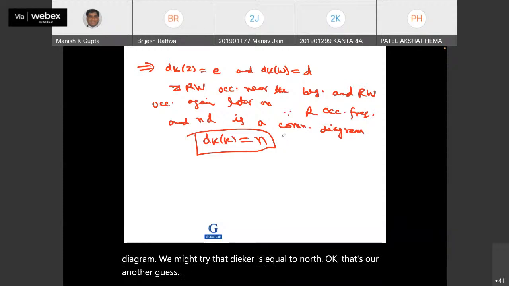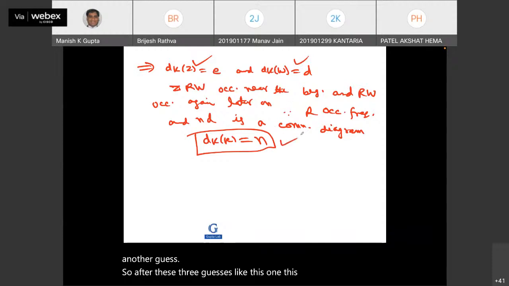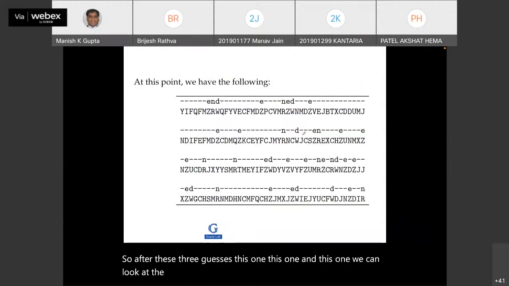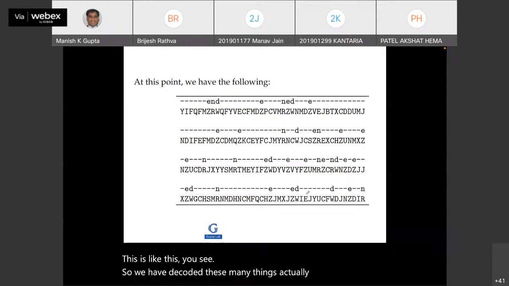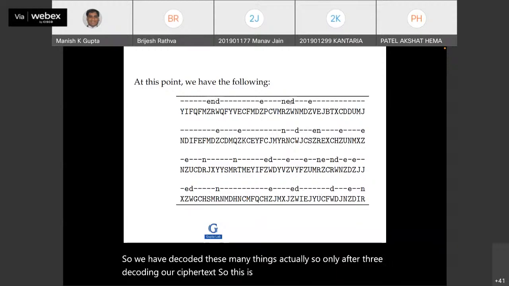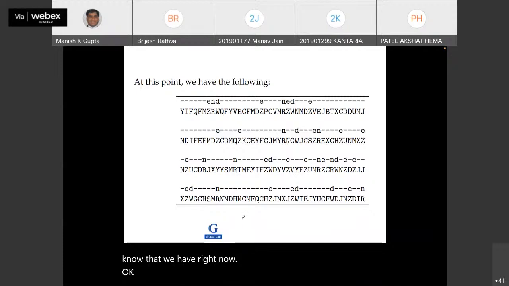So after these 3 guesses, like this one and this one, we can look at the ciphertext. This is like this, you see. So we have decoded these many things actually, only after 3 decodings. This is our plain text guesses that we have right now. Okay. So now our next step will be